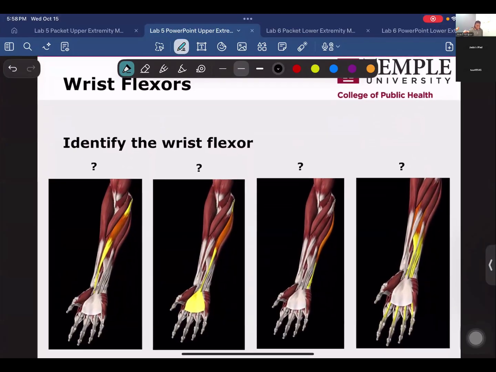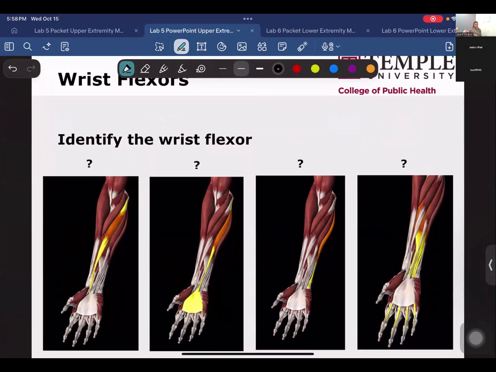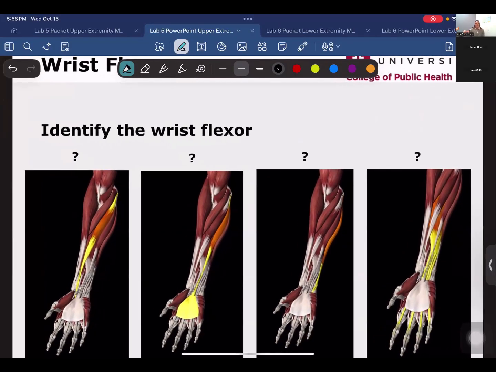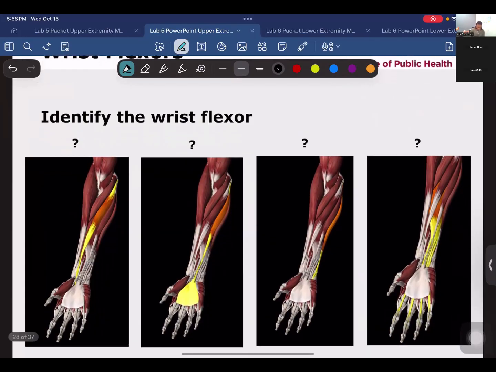Wrist flexors. Try to fill this out on your own. If you want, pause the video and use context clues to figure out which one's which. Remember where your flexor carpi ulnaris is going, where your flexor carpi radialis is going, maybe. Your flexor digitorum superficialis, where is that going? Using those keywords, pause the video here and try to figure that out. You come back,